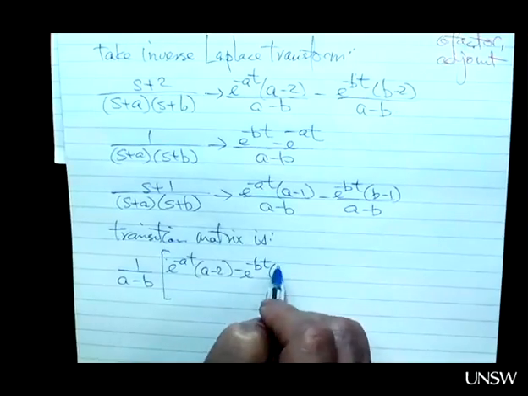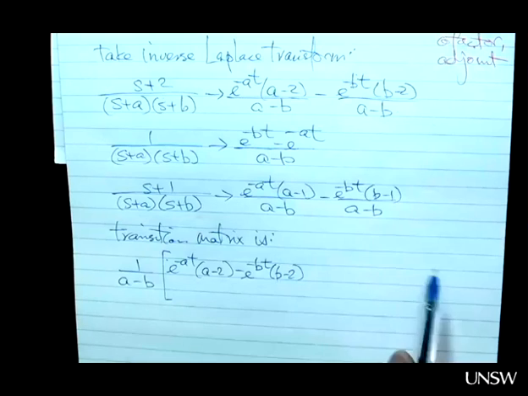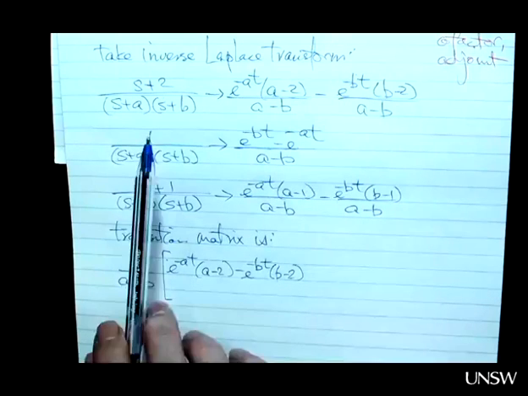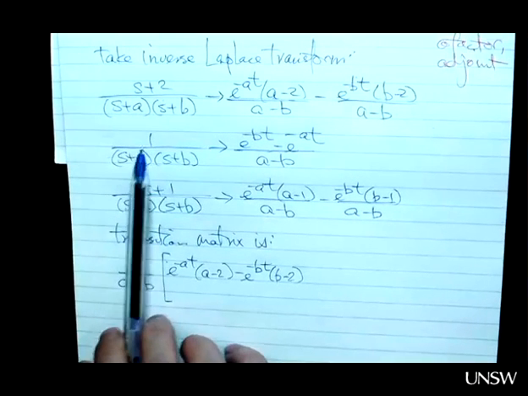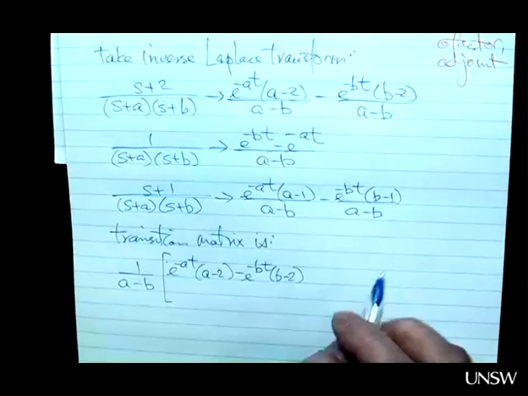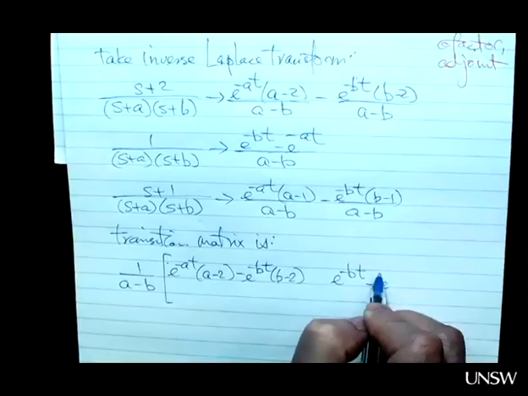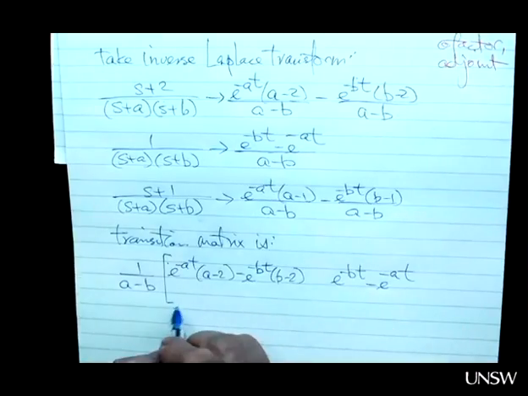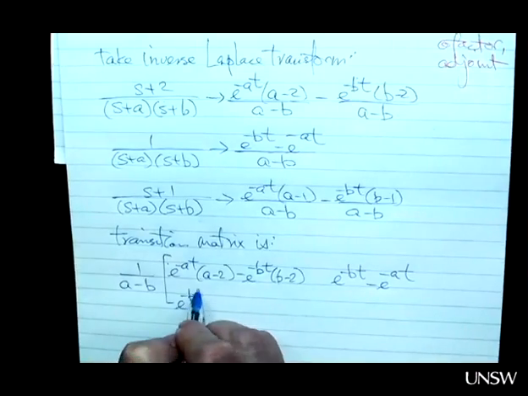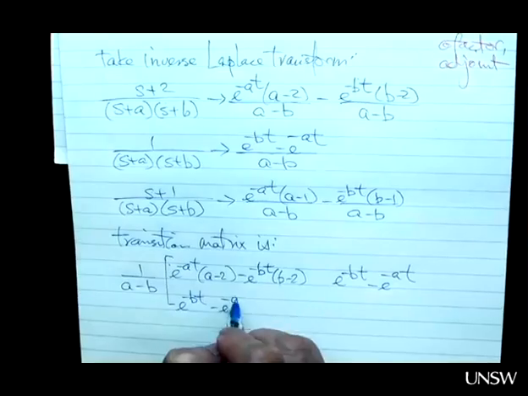And then the other term, the 1 over (s plus a)(s plus b), and here is the same, and then the last term is